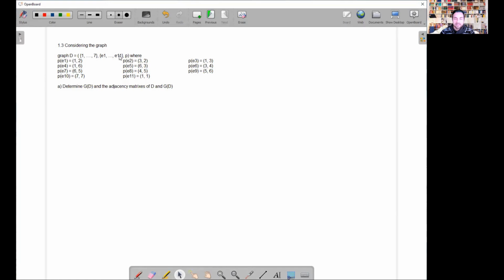Okay, so let's start the exercise. Considering this graph, and remember that a graph is determined by this set where we have 7 nodes, 11 links, and an application P. And then this application says which nodes are related to each other with the link, right? So for instance,